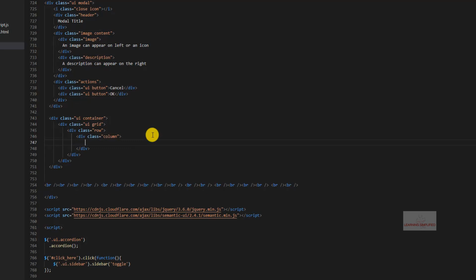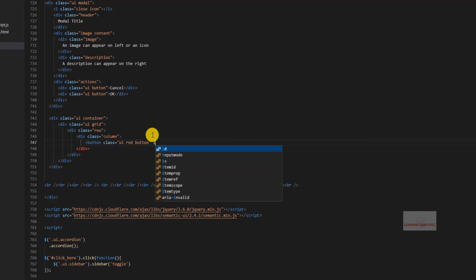There it goes. And here we will be creating a class with something like this, UI green, or you may set it as UI red button.